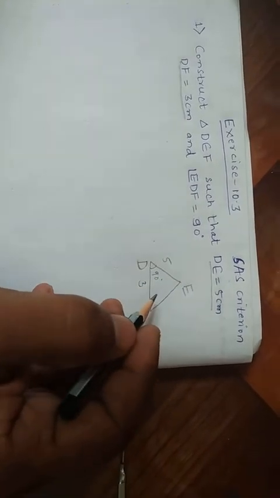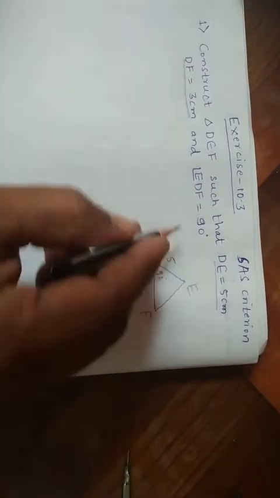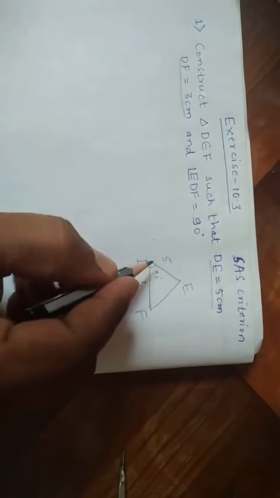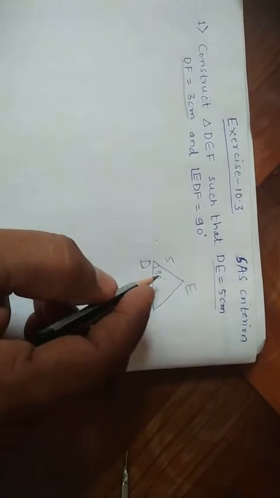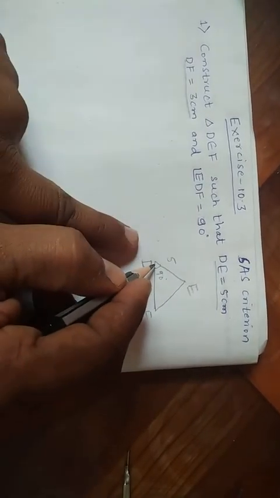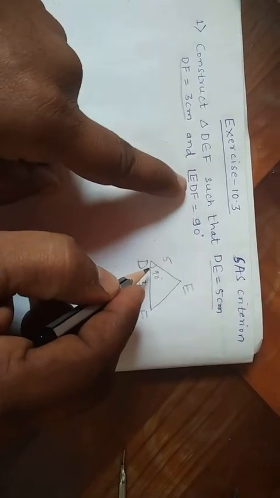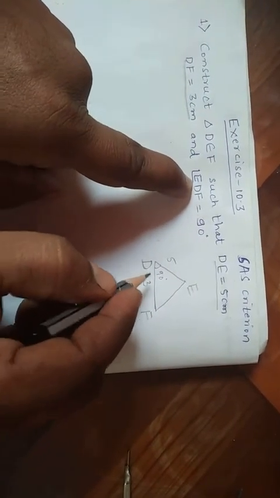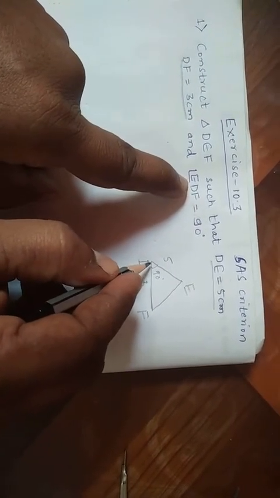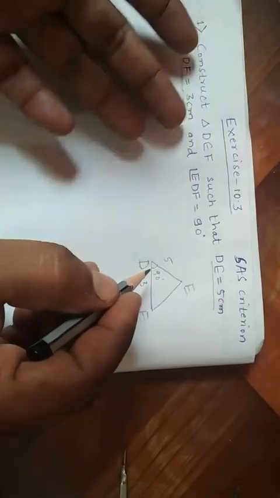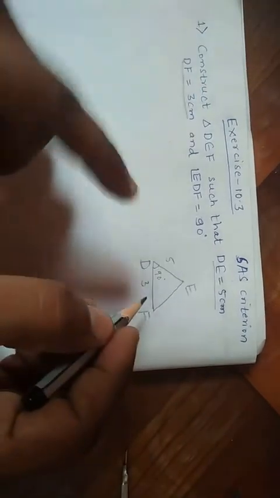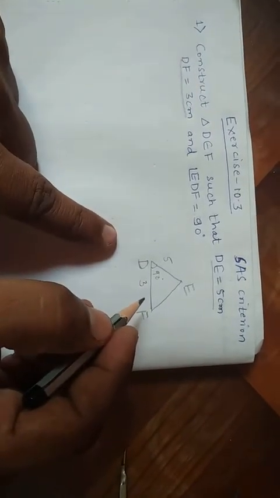Students, one more point you have to keep in mind: whichever point the angle is given at, it's better you make it on your left side. Here the angle is formed at which point? D point, na? So that's why we have to take D on this side. If you're not interested, you may take it here also, or here also. Nothing will happen. But it is an easy way according to my opinion.